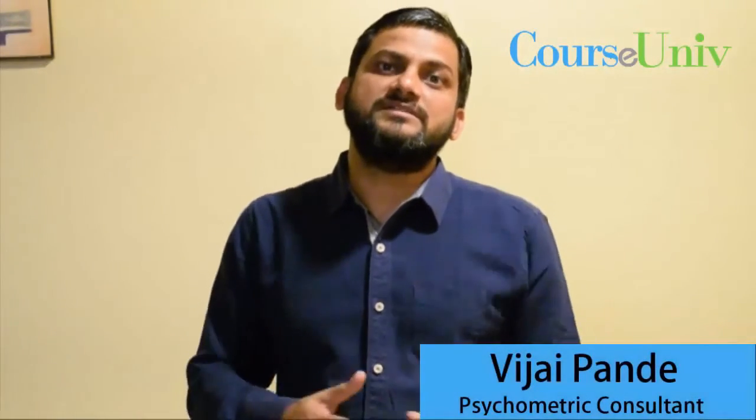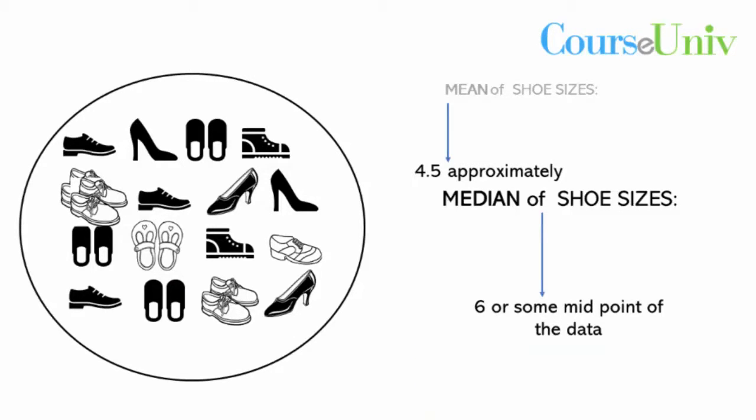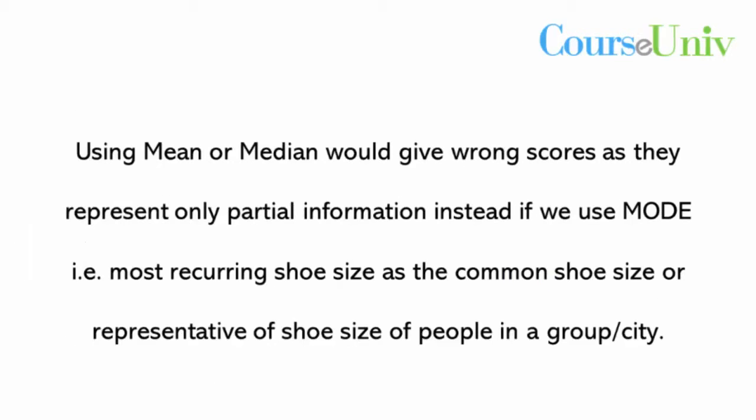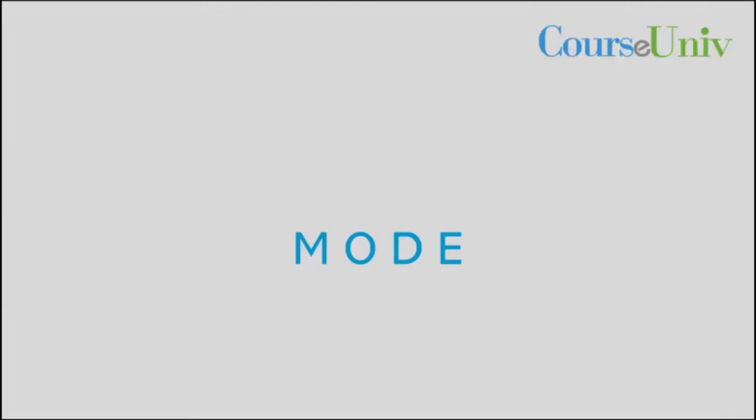Secondly, suppose only 20% of the people have a shoe size of 6. In that case, what we do is take the number which comes most often, and we take that number as representative of the group. So if we find that 60% of the people in Hyderabad have a shoe size of 7, then that will be representative of the group, and that statistic is called